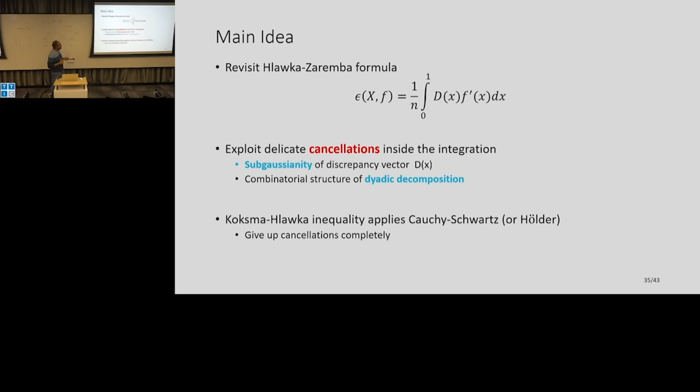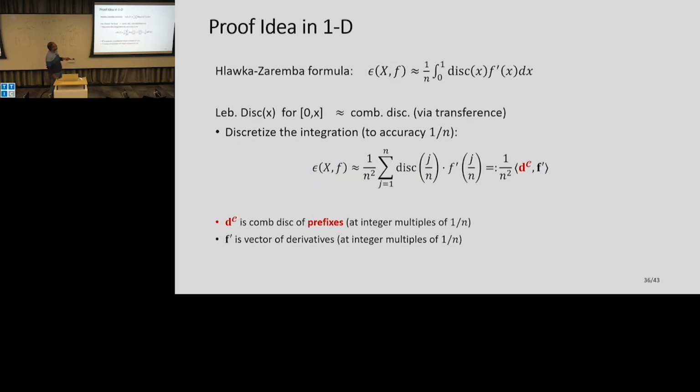Maybe let me just say a couple of things. It turns out the most obvious thing does not work. So let me sketch this. I'm going to try to give you a proof sketch of that. So again, here is the Hlawka-Zaremba formula, just in one dimension. Everything tensorizes in dimension. Good. So let's think of this integral as actually discretizing things. So I'll write this as, like, discretized points.